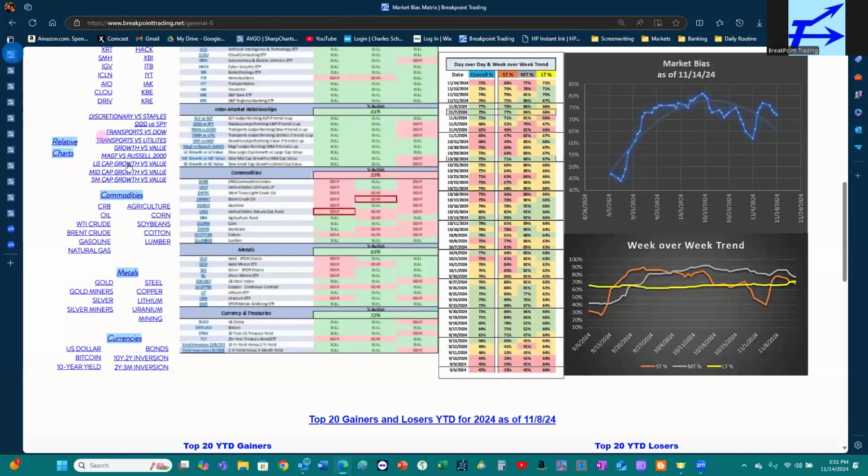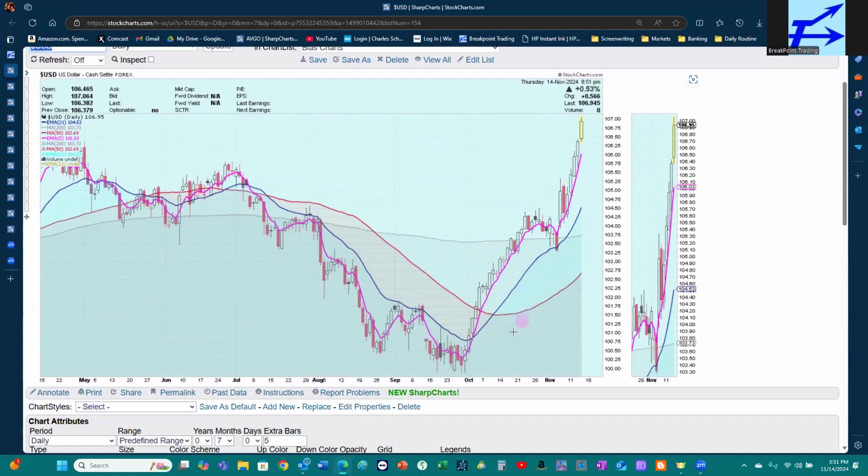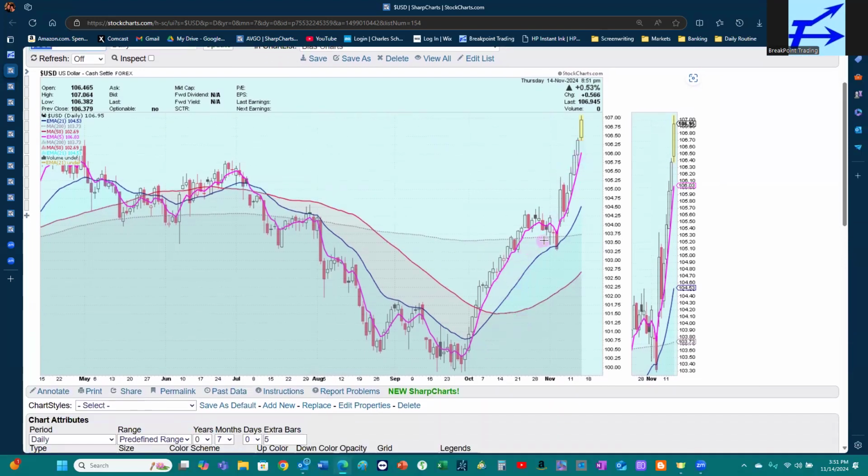We'll look at the dollar real quick. Here's US dollar right there. Dollar just zooming higher. There was a question to look at the US dollar versus the Japanese yen. I'll take a look at that in a minute, but it's probably going to look very similar to this. So the dollar has just been getting stronger and stronger ever since the beginning of October. That's telling us that inflation really is not an issue right now. Even with a little bit hotter CPI, I think CPI is going to start coming down after next month. So the dollar is continuing to be